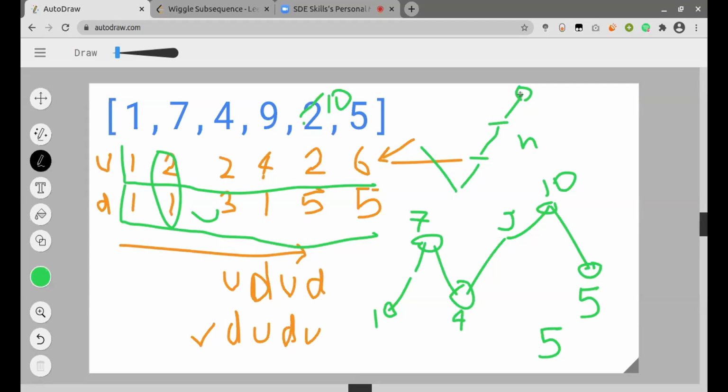incremented by only 1. So at each of the indices, it will be down plus 1. But since down is not getting incremented, we will just try to achieve our local maximum, and there we will just increment our up value to be down plus 1. So this is how the proof of the greedy approach is working, and this is why the answer will be always correct if we try with the greedy approach.